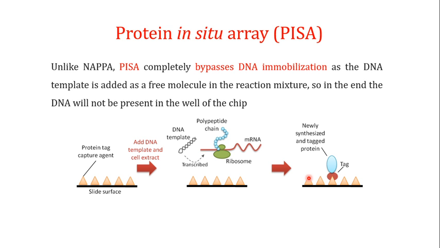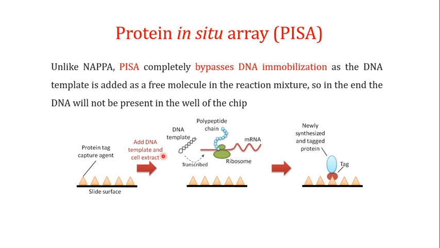Now another important method of the cell-free translation system is known as the protein in situ array. And this protein in situ array is actually a modification of the NAPPA. And unlike the NAPPA, PISA completely bypasses the DNA immobilization, as the DNA template is added as a free molecule in the reaction mixture. So as you can see over here, you have got this slide surface, you've got this protein tag capturing agent. It can be the antibodies. You can also use other capture agents as well. So what you do is, to this particular slide surface and hence this well, you add the template DNA and